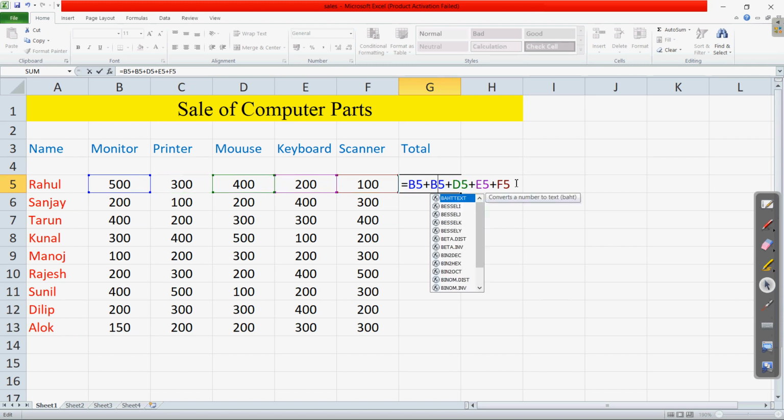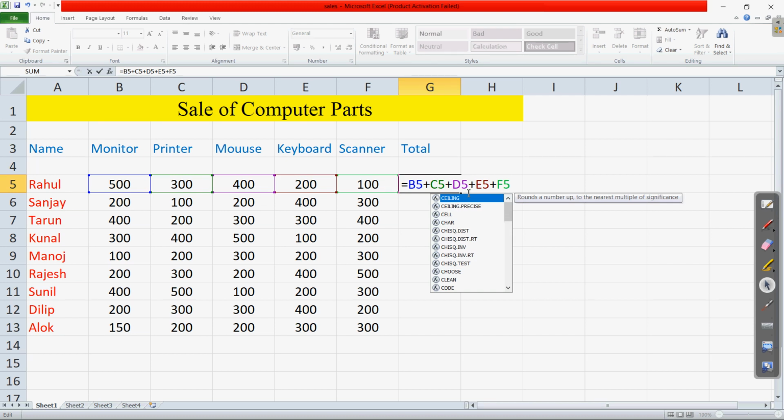So here I have written B5. B5 will actually add the cell B5 twice, so this will be wrong in our calculation. So we can change it again to C5. Let us write C5. So here we have changed and modified.